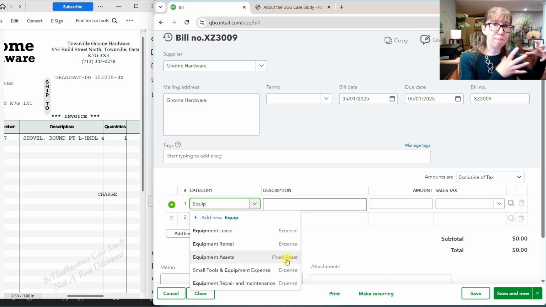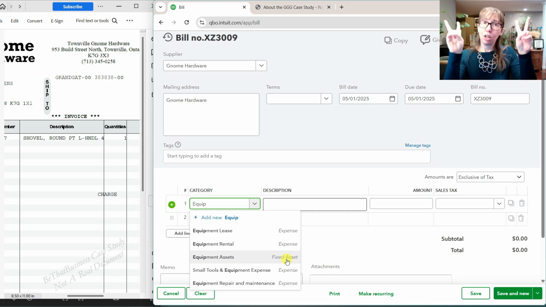Fixed assets are on your balance sheet. They're not going to show up on your profit and loss. But to put this towards the fixed asset account would be incorrect because it's not big enough. Like maybe if she bought a whole bunch and was reselling them or something, but just this shovel on its own, it's not something that you would capitalize. Now, the word capitalize, what that means is when we make it something that we have instead of something that's an expense. So something that we have is an asset,